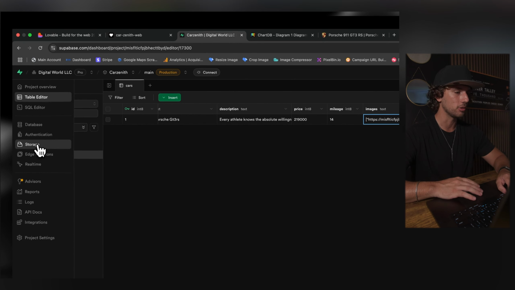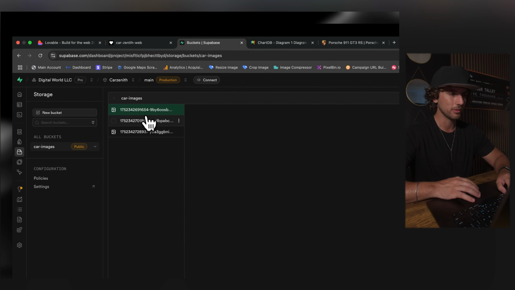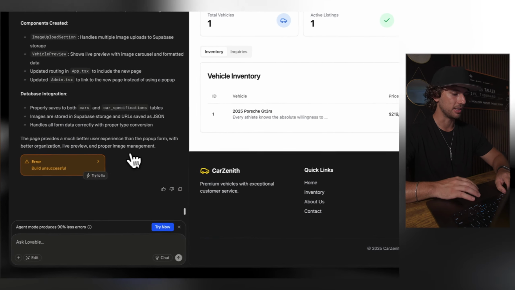Let's go to our storage, car images, and here we go. We can see the images right here. They have been successfully saved into our storage, and that looks like it's good to go. All right, and then we can also go in and edit them. Maybe, can we not? Okay, it doesn't look like we can edit them yet,